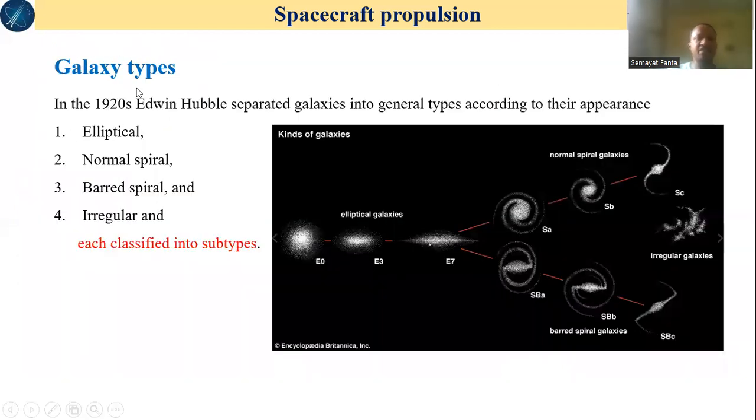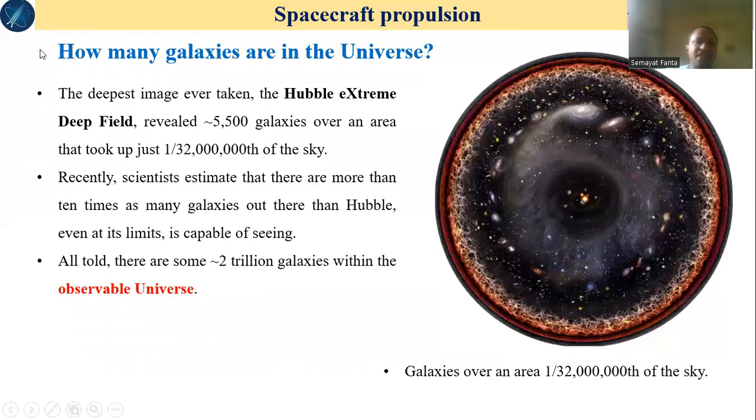And galaxies are classified as elliptical, normal spiral, barrel spiral, and irregular. So when we come to our particular galaxy, that is called Milky Way galaxy, the barrel type galaxy. So how many galaxies are there in the universe? That is a nice question, but approximately 2 trillion galaxies within the observable space only. Okay, ስለዚህ በጣም ብዙ ነው ማለት ነው።